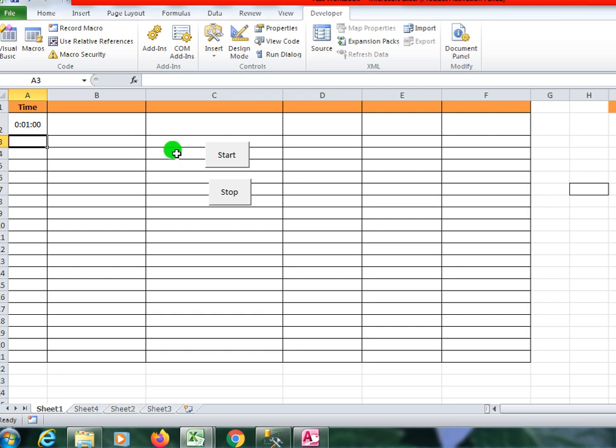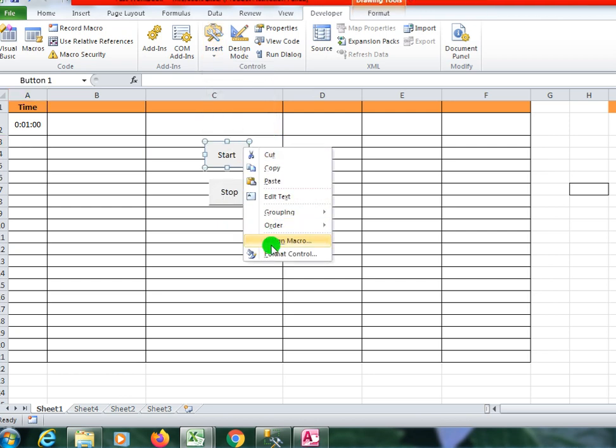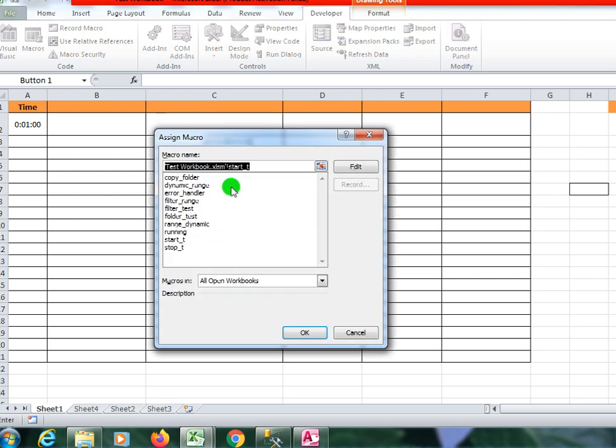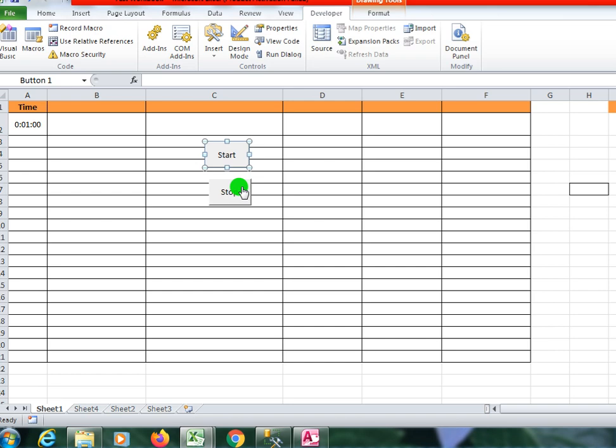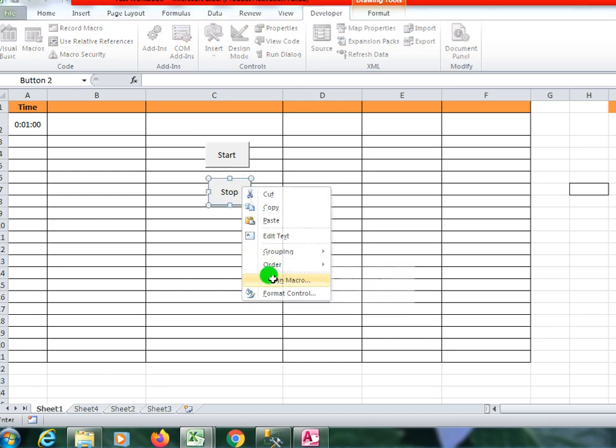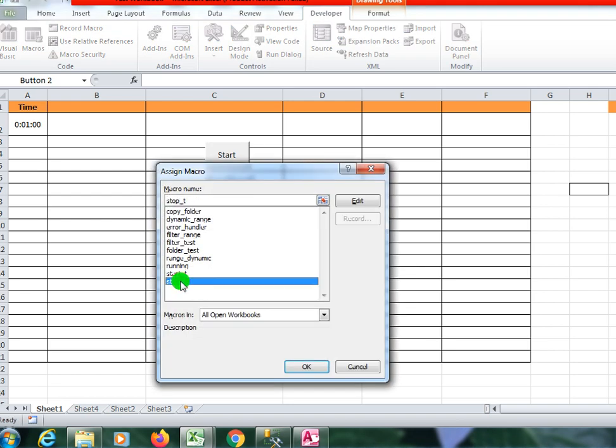Here I have used two buttons from Insert, using Form Controls, one for start and another for stop. I have assigned the macros, as you can see, start timer and stop timer.